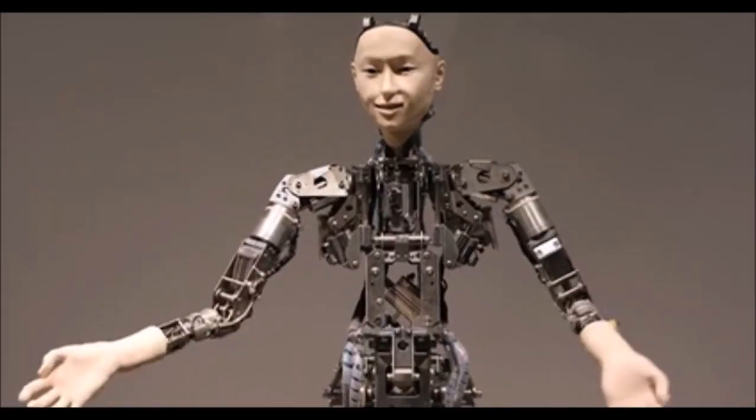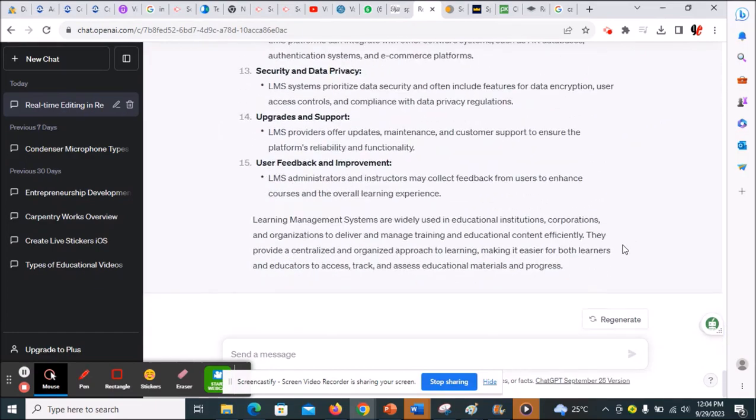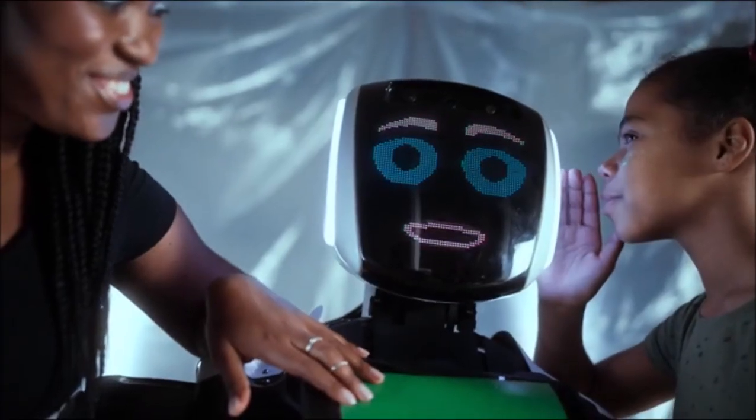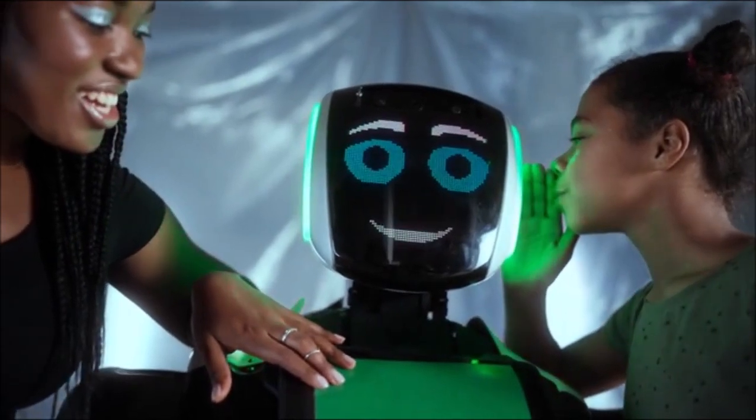Pre-training. ChatGPT is pre-trained on a massive dataset that includes text from the internet. This dataset contains a diverse range of content from news articles, books, websites, and more. During pre-training, the model learns to predict the next word in a sentence, effectively learning grammar, vocabulary, and some level